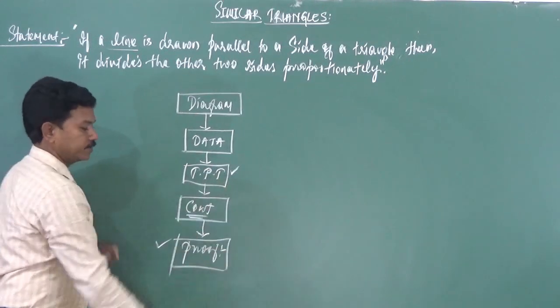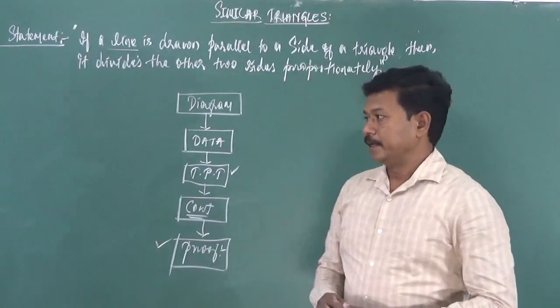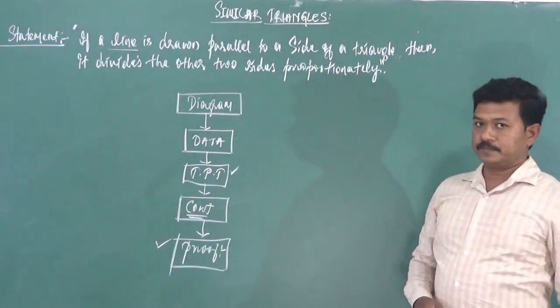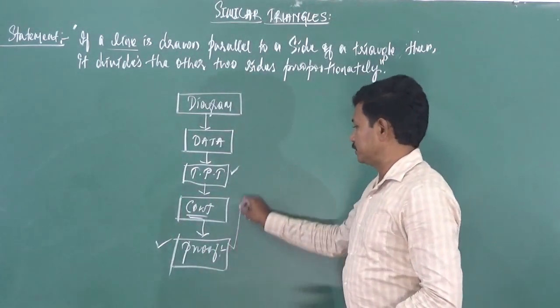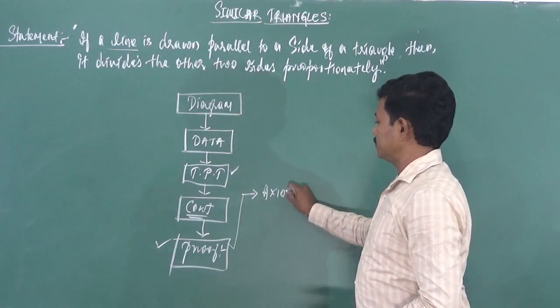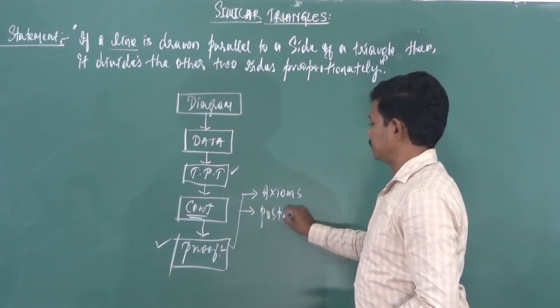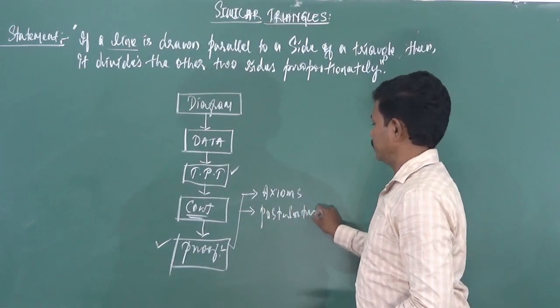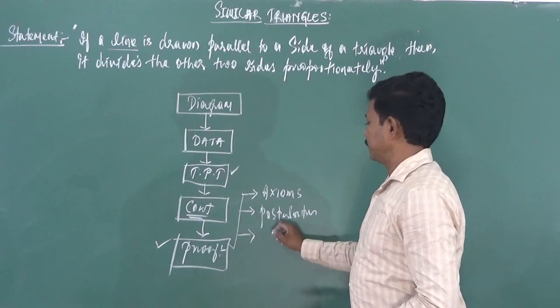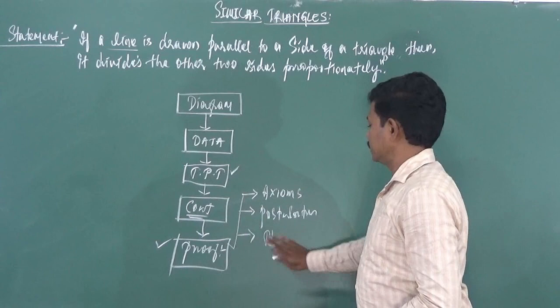So this is the heart of the theorem. Proof. You have to practice this. So how to write the proof? Here, the proof is to be written by using your previous knowledge. That is axioms. You can use postulates. You can use theorems, that is results